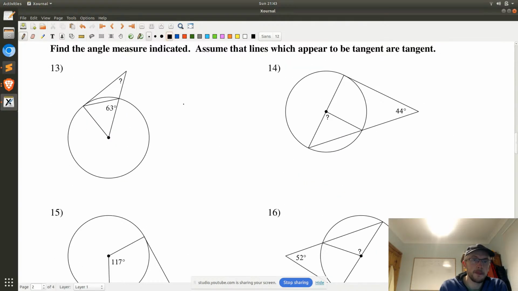Now find the angle measure indicated. Assume that lines which appear to be tangent are tangent. Okay, so that'll be 90 degrees. But if that's 63 degrees there, and this is an isosceles right triangle, that'd be 63 degrees there on the other side. And these complement each other. So 90 take 63 is 27. And this is